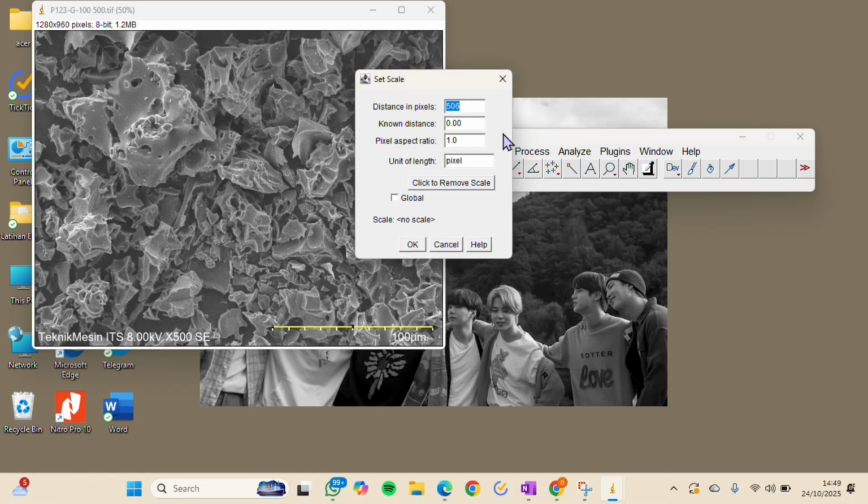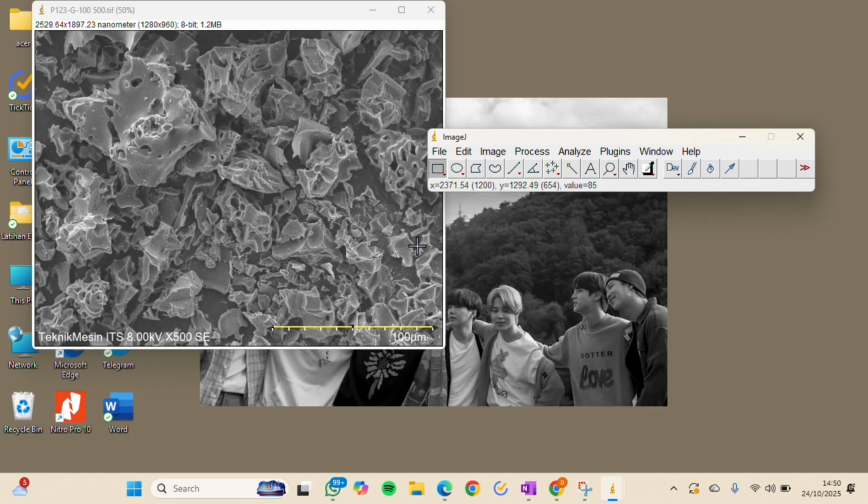Click set scale and change the known distance to 1000 and unit of length to nanometer. Then click OK. And next is to measure the particle size.